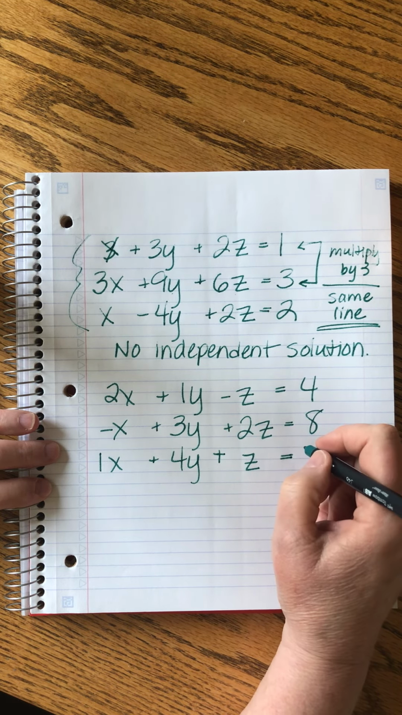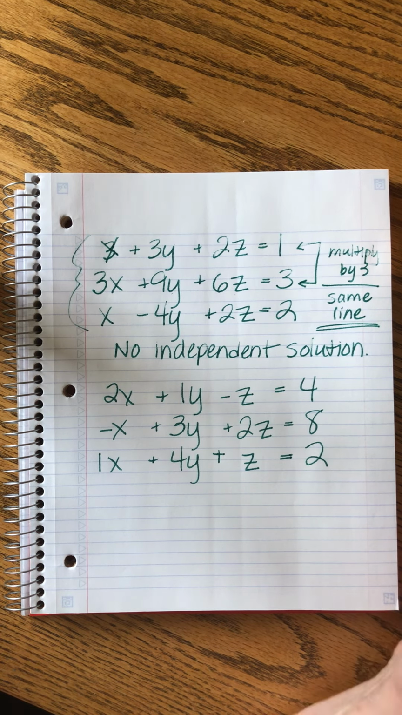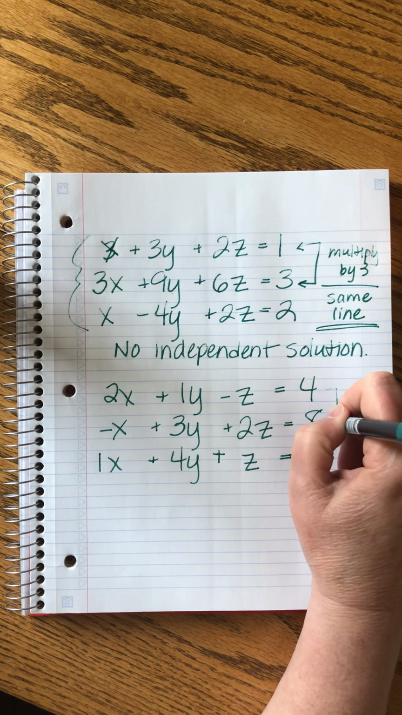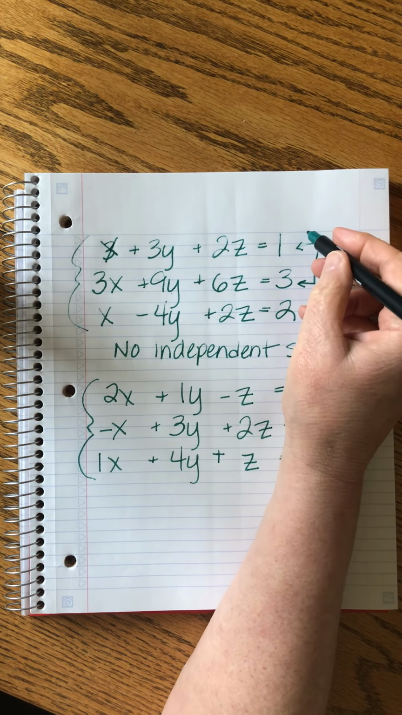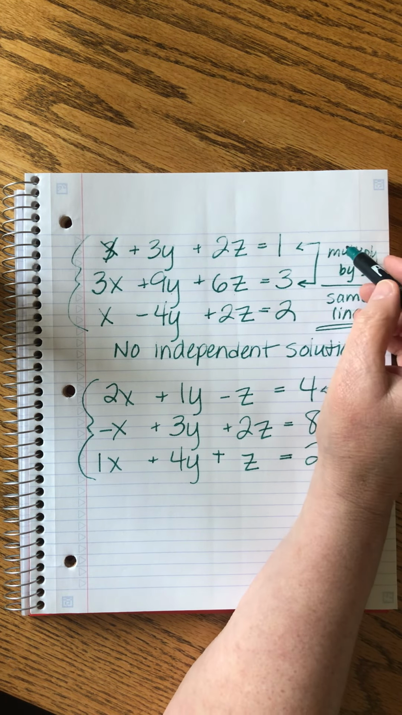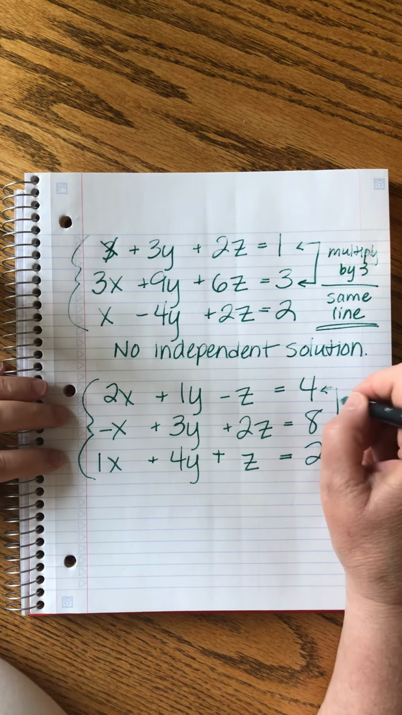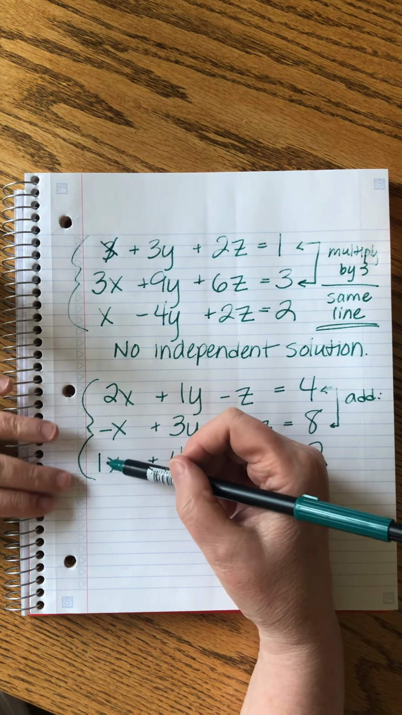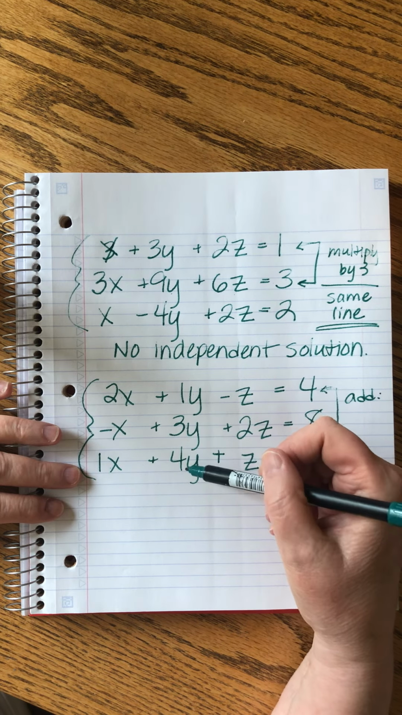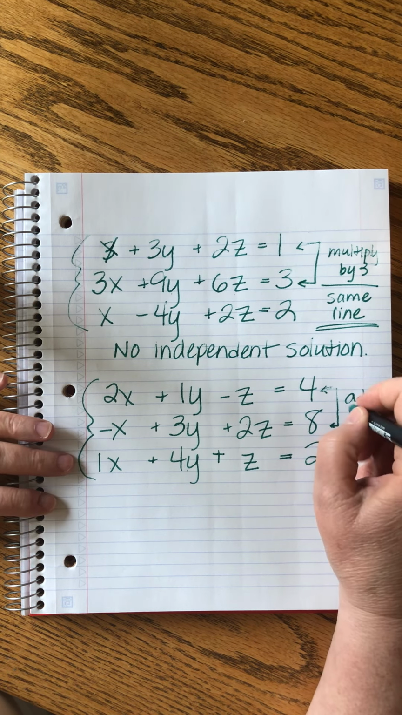Now, this one is weird. It's also not independent, but let me show you why. If you take these two, again, this is a system. Here we saw that A and B were related because if you multiplied A by 3, you would get B. This one is different because look what happens. If we add these two together, 2x plus minus x equals 1x. 1y plus 3y equals 4y. Minus 1 plus 2 equals plus 1. When we add it,